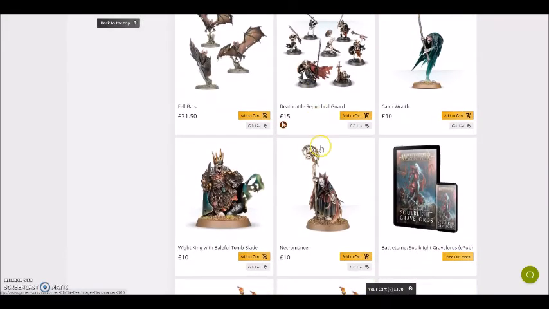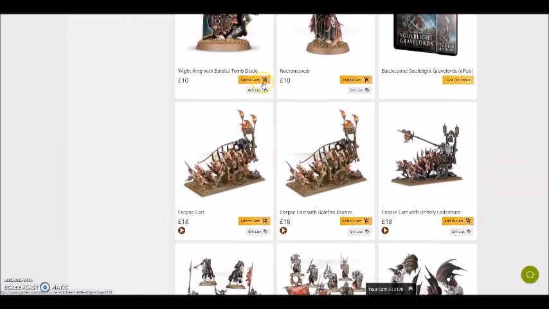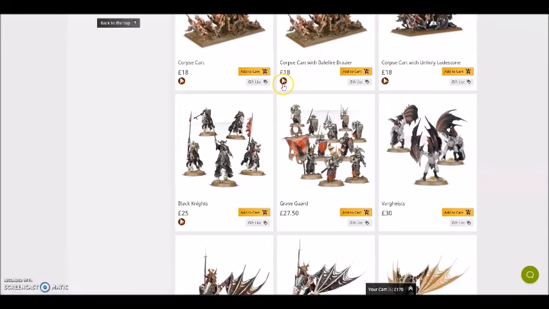And you got some nice looking single model boxes here, like with Necromancer. I like the look of him. I like the look of the White King. But yeah, so me,